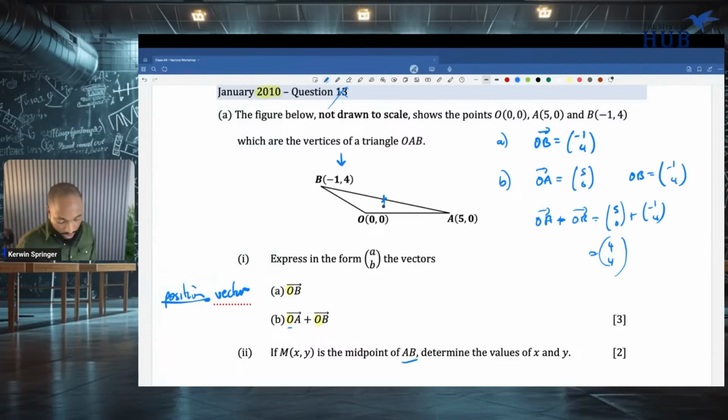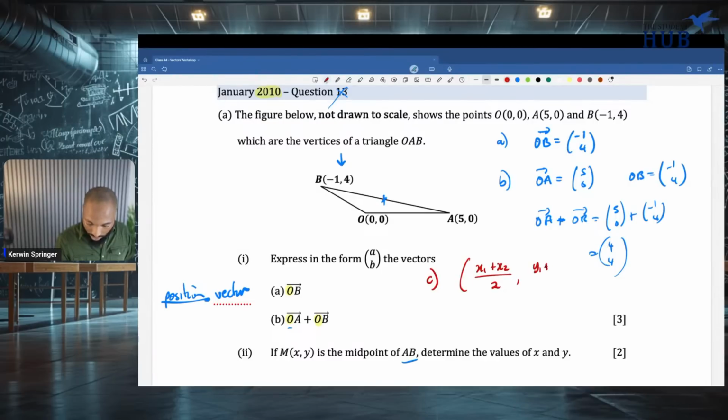So this. Now, since I already know that's the vector 4, 4, I know it's going to be in the middle 2, 2, and it actually coincidentally will turn out to be the point 2, 2. But that's a coincidence. Let's see what happens here. So we have OB, we have OA, and we need to get the midpoint M. How do we do that? Well, this part is not so much vectors. This part is actually this formula. The only formula in CXC with a comma in it.